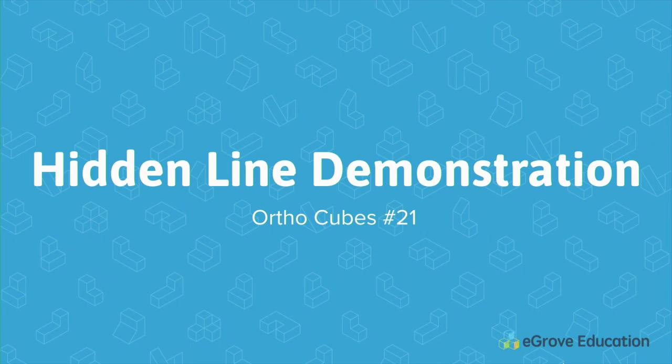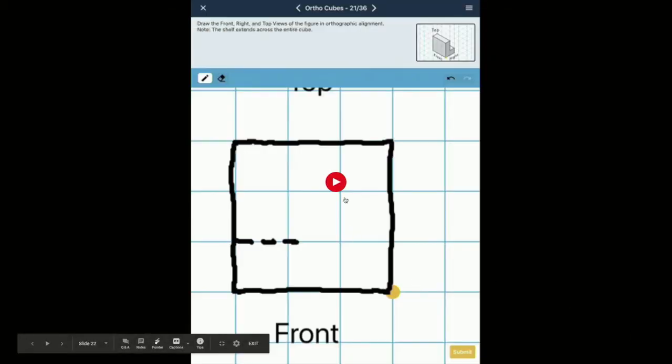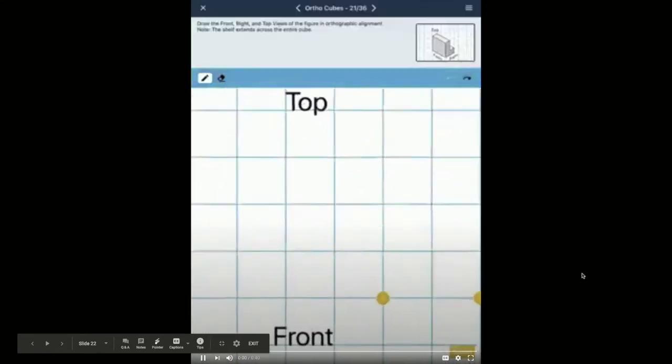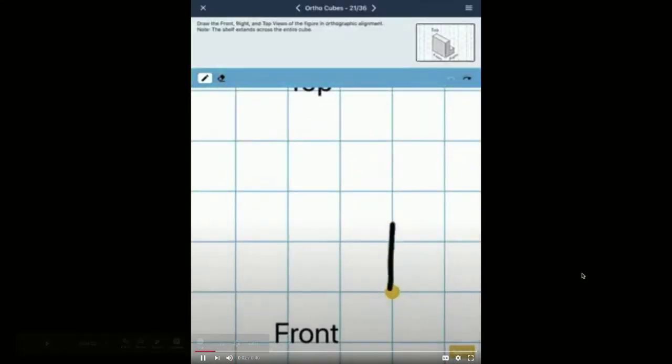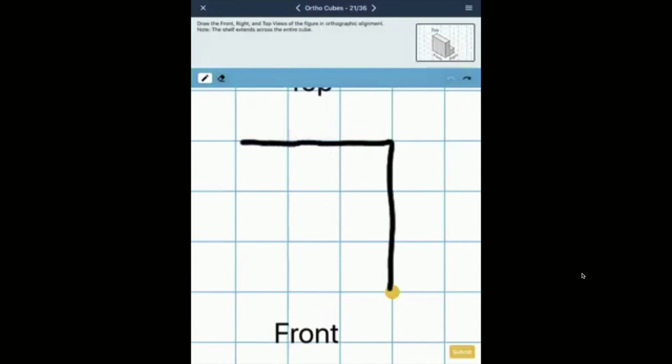And let's do another example, and this time it has a hidden line. So we will start this video. In this case, when we're doing the front view, when you're looking at the full screen, it's a 3x3 object, but behind the scenes, there was a change in elevation at that first line. So you can see we make sure that we have a hidden line crossing the verticals and that we connect